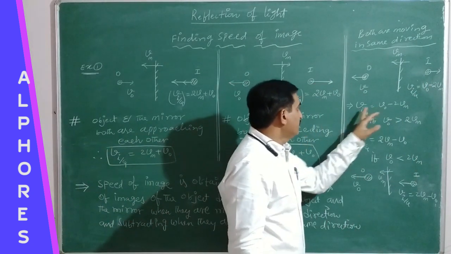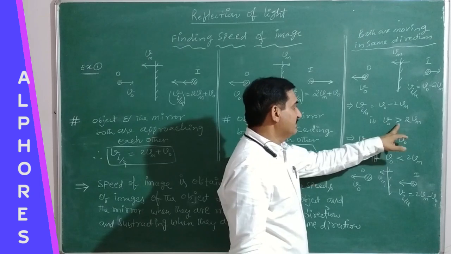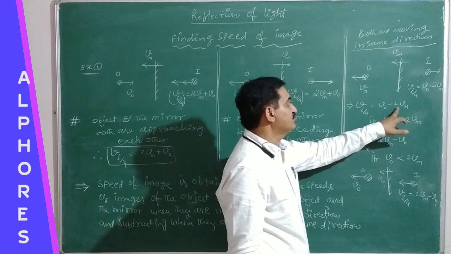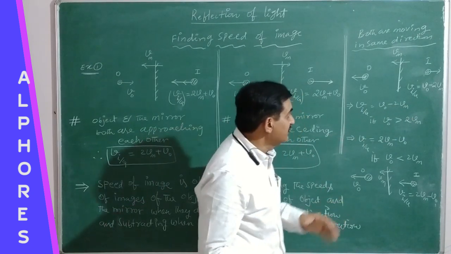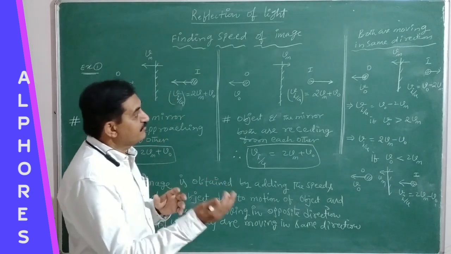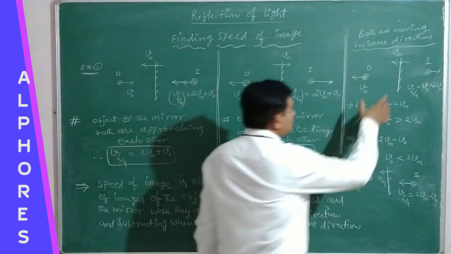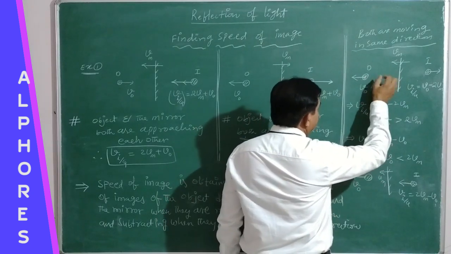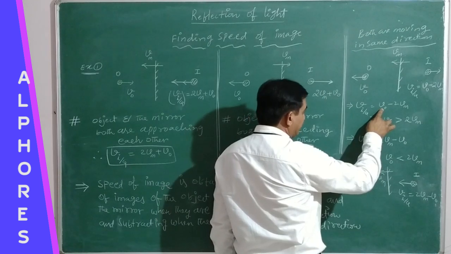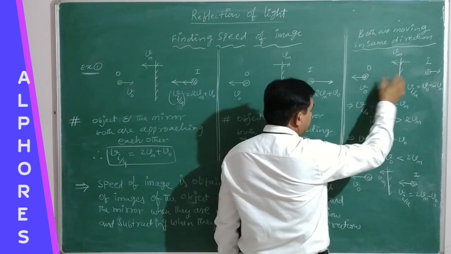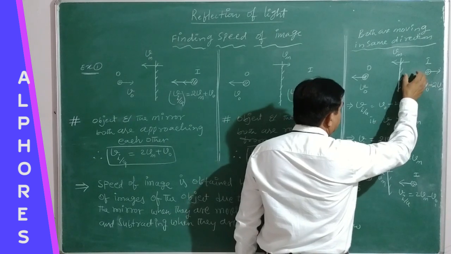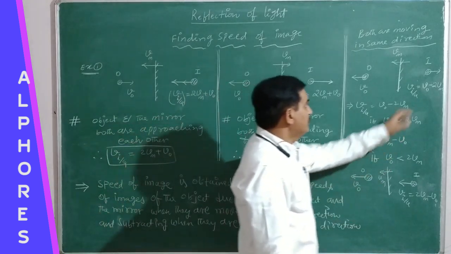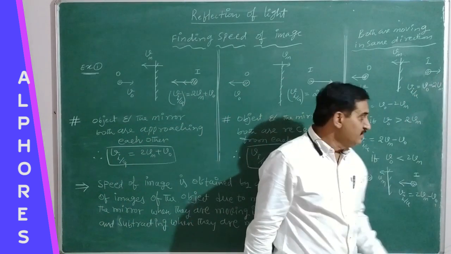So it is very clear here. In this case, V0 is greater than 2Vm and the corresponding resultant speed is V0 minus 2Vm. So in which direction is it? It is moving away from the plane mirror, because of this resultant velocity, V0 minus 2Vm. The separation increases, because V0 is greater than 2Vm. The separation increases, and between the mirror and the image the separation will also increase, for which the final image will definitely also move away from the plane mirror.